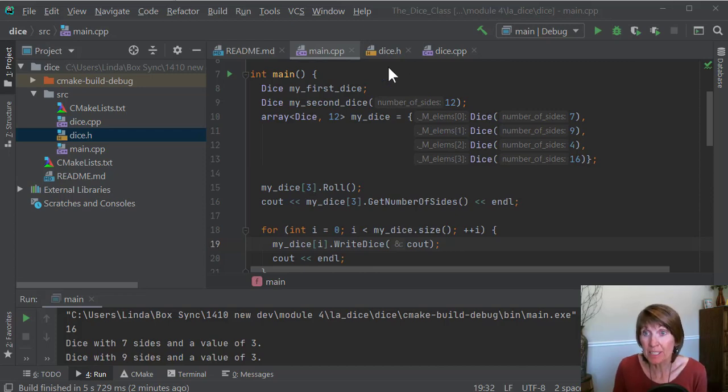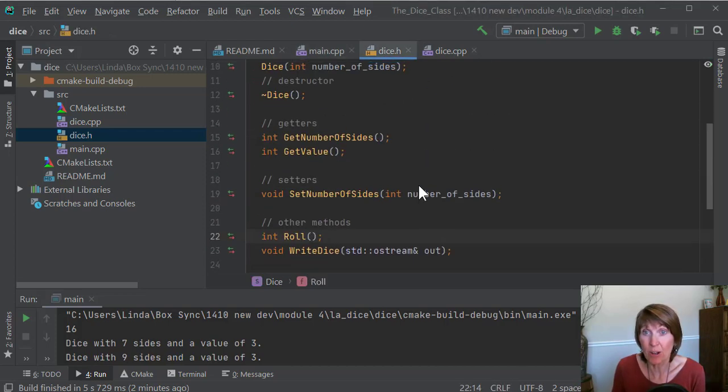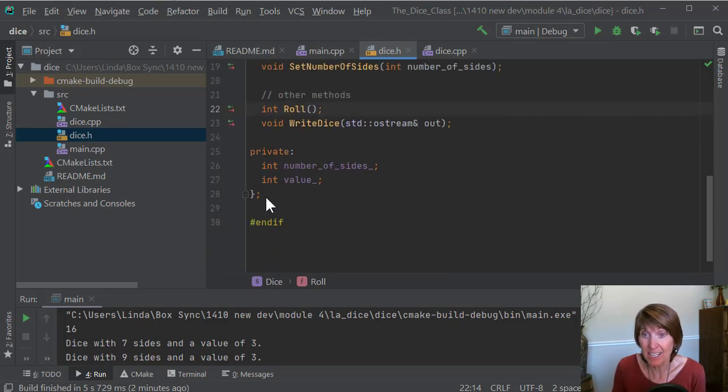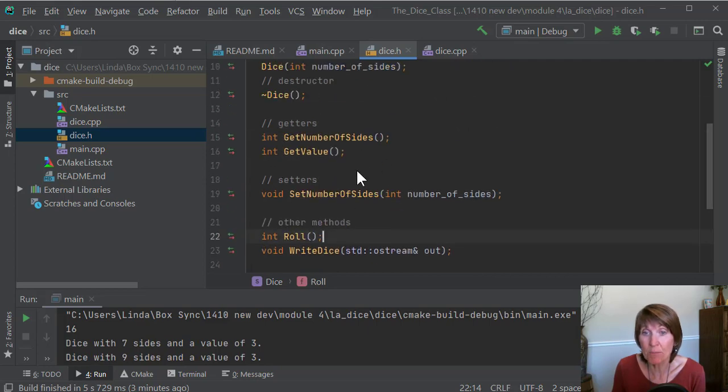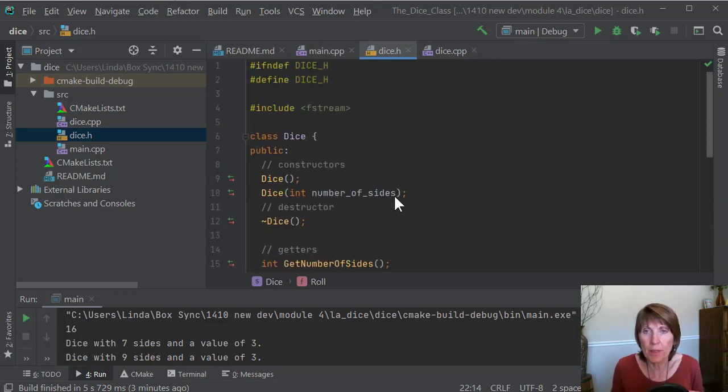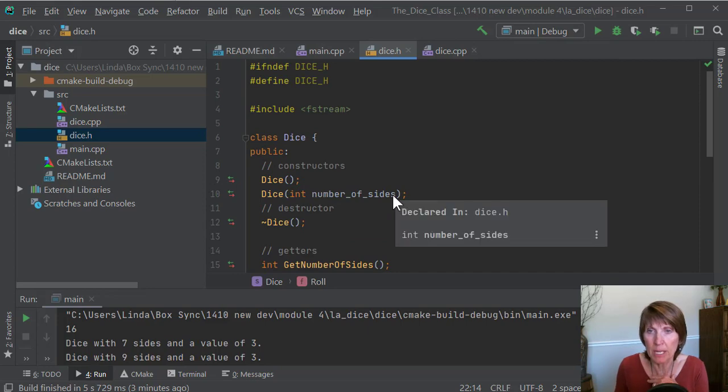So we have a new data type. It's called dice, and we can use it. It has data, which is the number of sides and value, and it has methods. It has functionality, things that we can do with this dice. I want to show you one more thing before we wrap up this activity, and that is the concept of